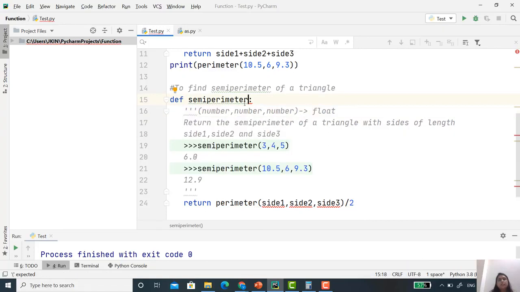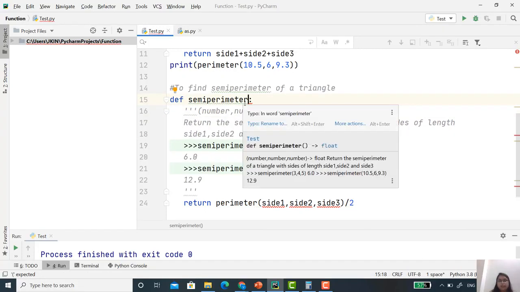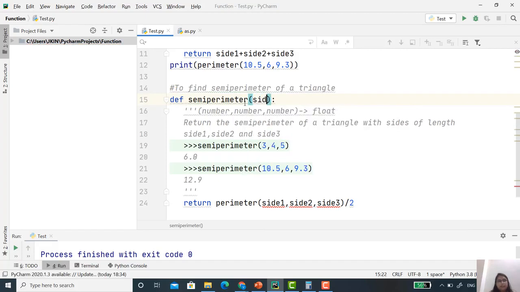And here, the function definition is semi-perimeter. And then inside that I have to mention side 1, side 2 and side 3. That's why it's showing the error, because here we had not mentioned side 1, side 2 and side 3. Alright, it's a simple code.